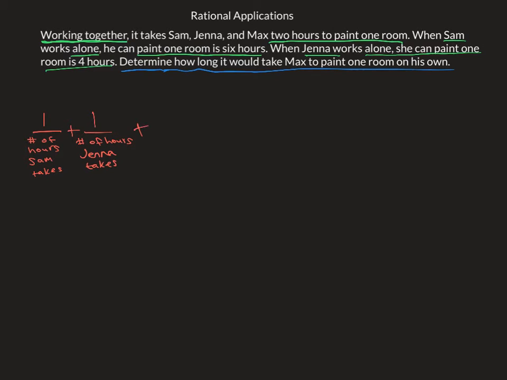And then you do plus 1 over number of hours Max takes, is equal to 1 over number of hours taken working together. So in this type of problem, you're always given how long it takes together and how long